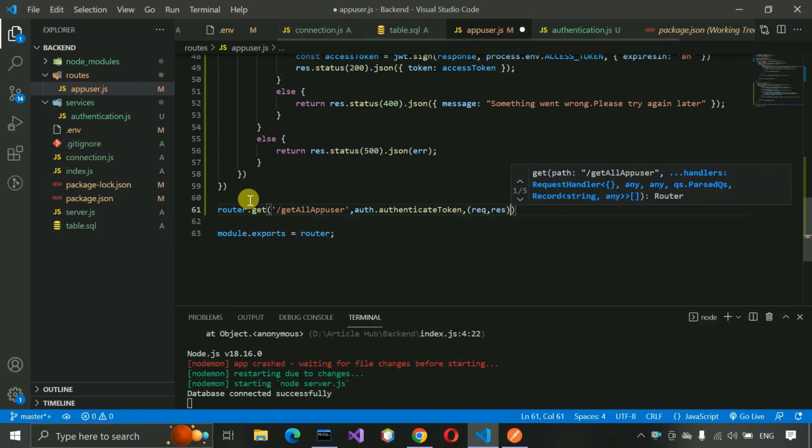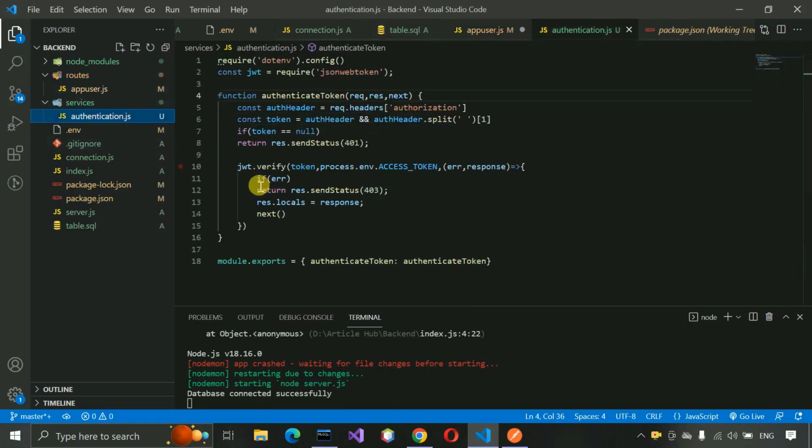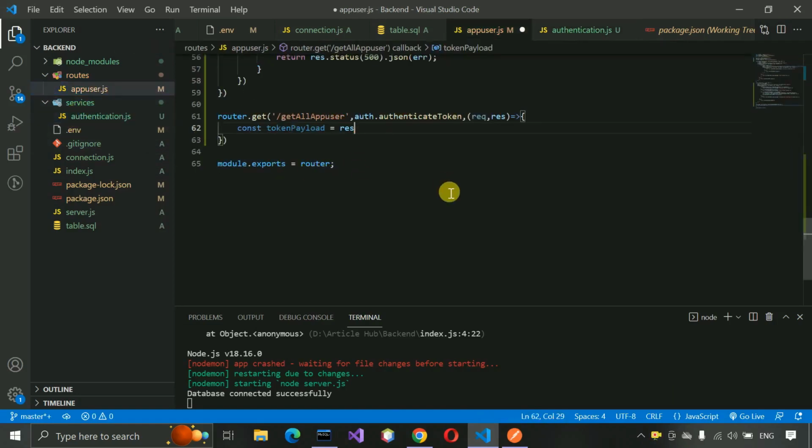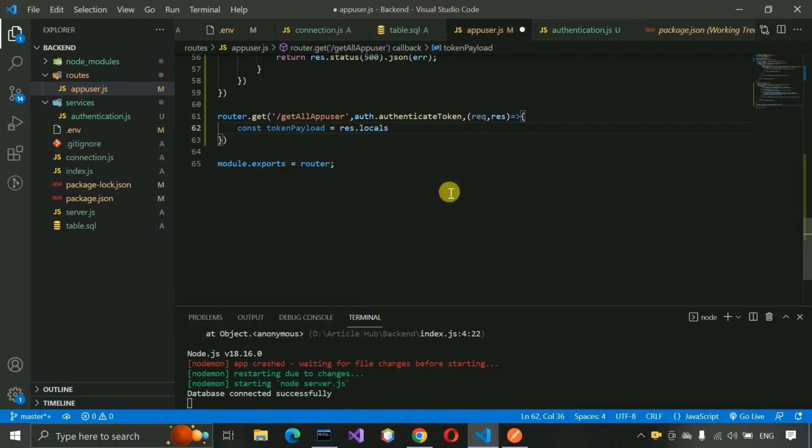So request and response. Okay, and here we have to write const tokenPayload. And if we want to access this information, we have to write here response.locals, like this, and query,